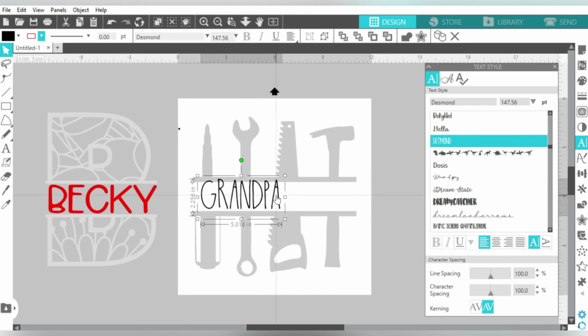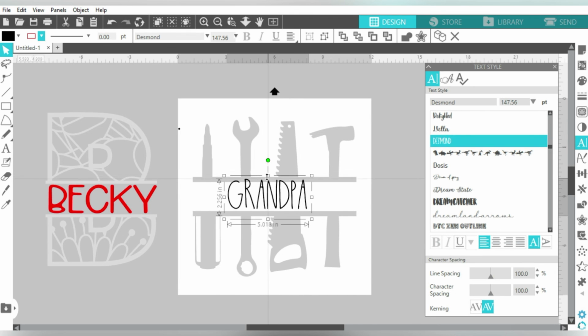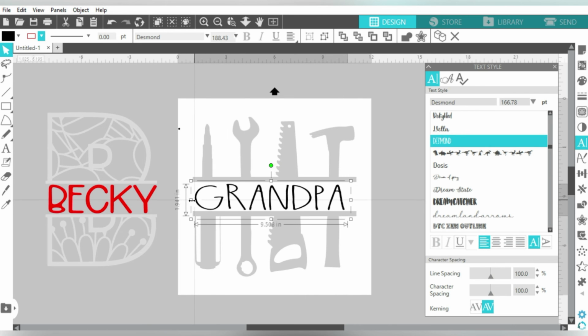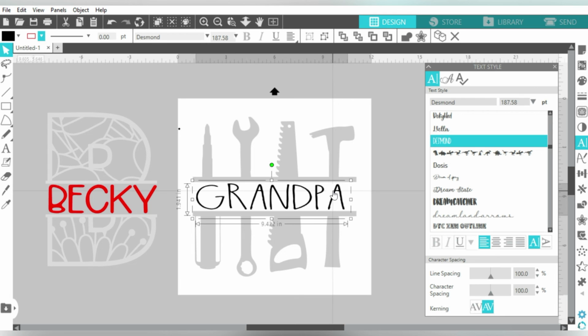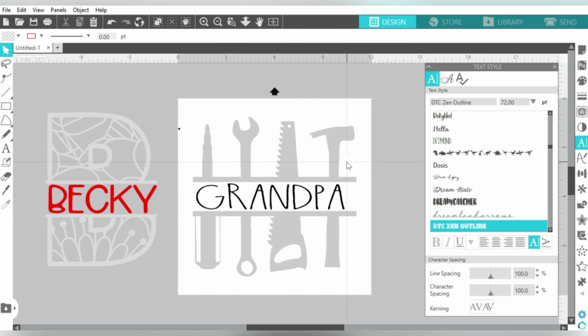That's a cute one. There we go. But I would want to make it feel like it fit the area. Grandpa. Okay, so you can repeat this with any type of design. You can use multiple shapes like we did here. Back to school is just around the corner. This would be super easy to do with a pencil or an apple or anything that you feel represents teacher